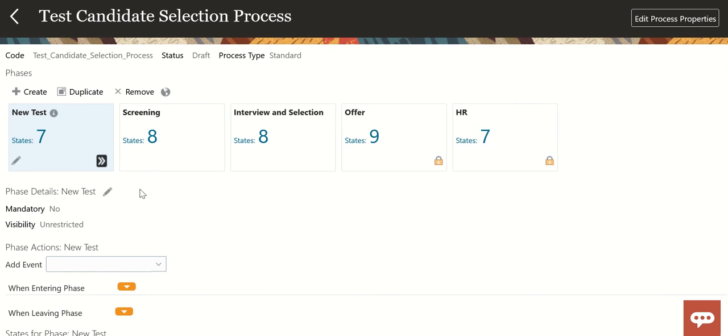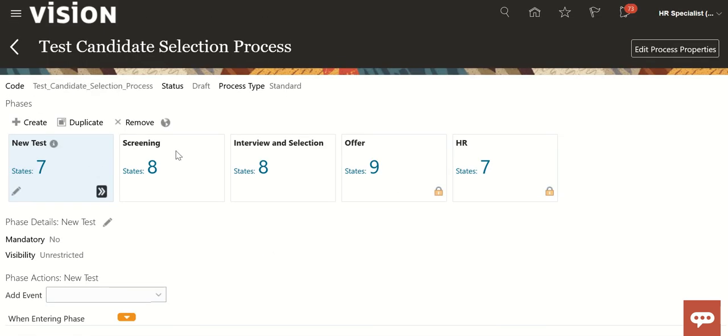In the same way, you can make the visibility restricted or unrestricted. Suppose there are many users and you don't want the hiring manager to see all the phases, so you can restrict it. But for these phases, restricted or unrestricted, there is a special privilege: view restricted privilege of phases. Maybe I'm missing the name of that, but there is a privilege for that. If he has that privilege, then although the phases are restricted, he could see them.